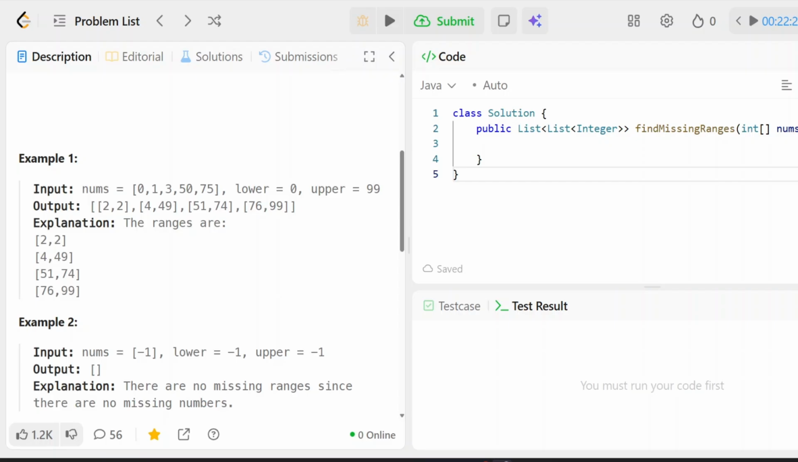Now we run out of numbers. I might be saying, oh, I'm done, but you're not actually done. There are still numbers that are missing because the upper bound is 99, and we stopped at 75. So we're going to do a simple check. Now I'm expecting 76, and there's no 76. So if 76, the expected number, is less than or equal to the upper bound,